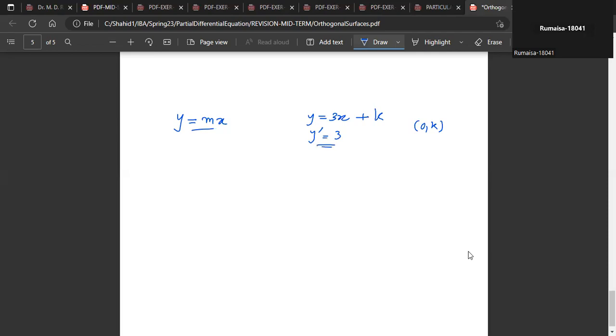Now, y prime is equal to 3 is a differential equation because it involves a derivative. And it says that the derivative is the slope. The slope is 3, for all lines that have slope 3. Now, whether they are passing through this point or that point, they are passing through arbitrary points. So, similarly, when we